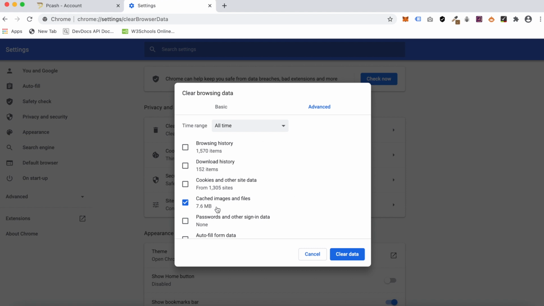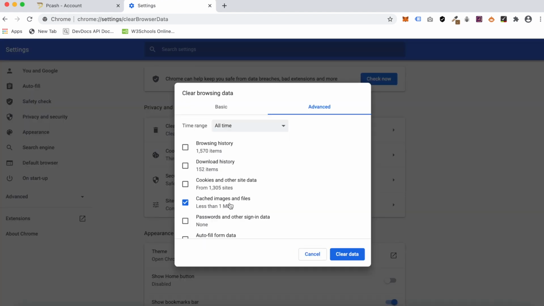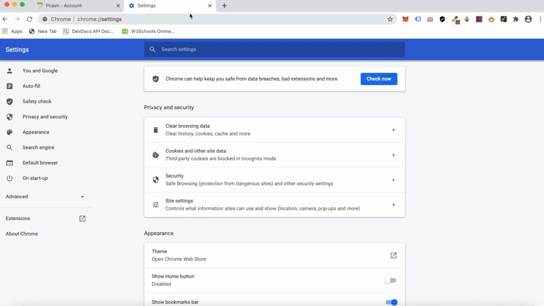So this is why I recommend always deleting the cache when interacting with a platform after it has been updated, and maybe every once in a while after a transaction has been done. So I'll clear the data here so that nothing can interfere. You see it's now less than a megabyte. This is just a pre-step and a suggestion from my side, so everything will run smoothly and we have no